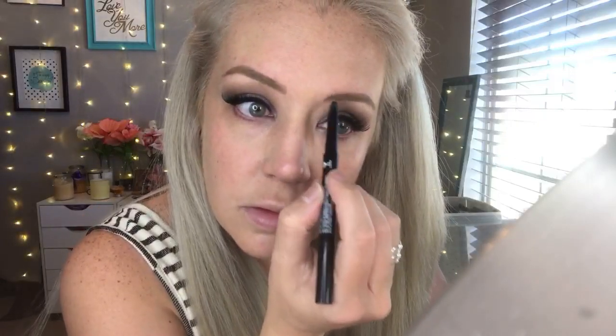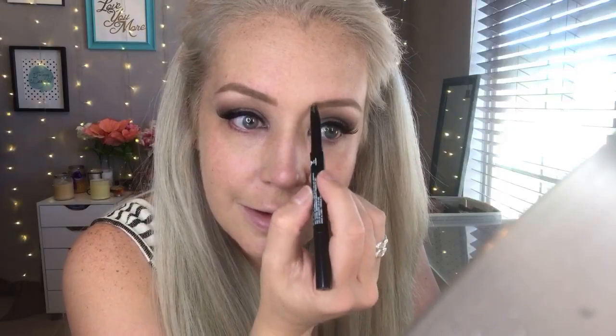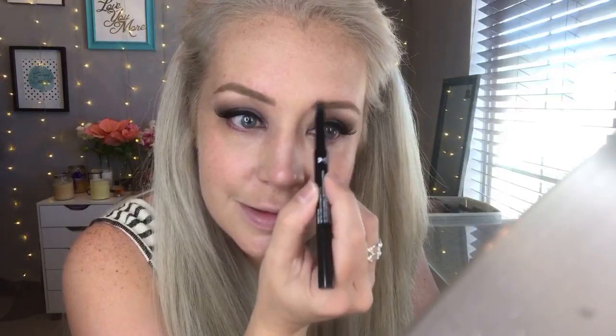I feel like this one's fuller. Come on. And this one's more square, and this one's more round. Why? They are definitely cousins, not twins, and definitely not sisters. Have you guys ever heard that expression? Sisters, not twins? Well, my brows are cousins. Alright, so what I'm going to do to kind of clean this up and make them a little bit more related than what they are right now